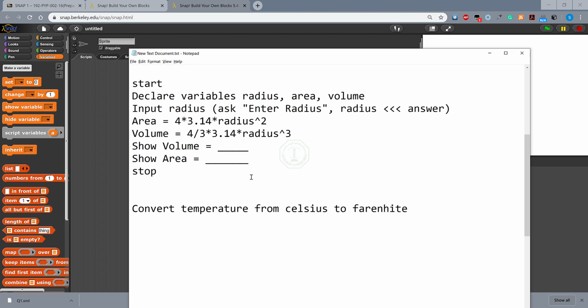So I will have two variables, one for input, one for output. So let me begin again. I will start and I will declare two variables, let's call them C and F. Let's make it simple, C and F. C for the Celsius, F for the Fahrenheit. I will input the Celsius temperature. And how do we input? We will ask to enter temperature in Celsius, and whatever answer we get, we will make sure that the C variable